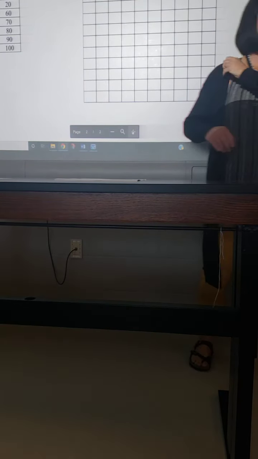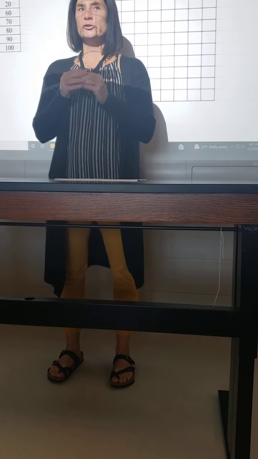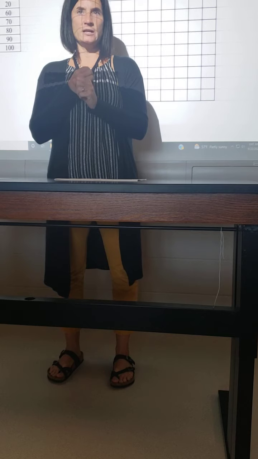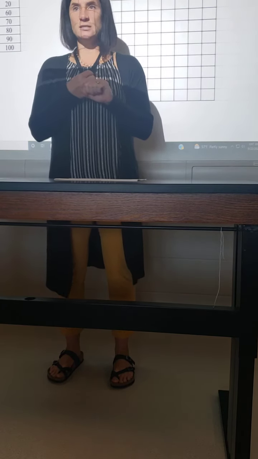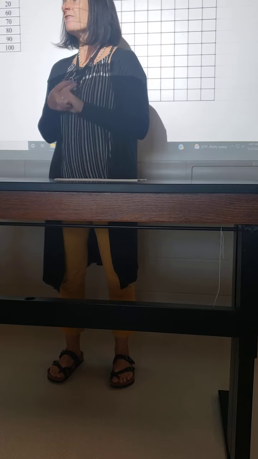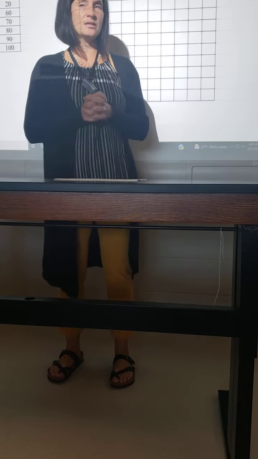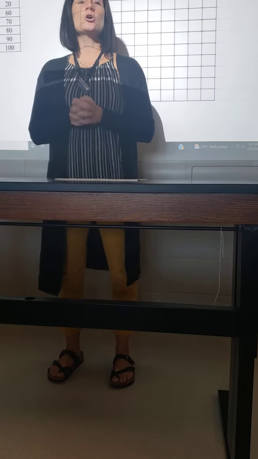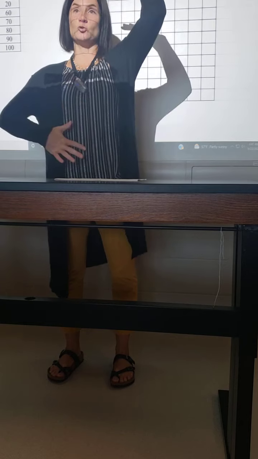You want your numbers to be as small as possible. So if you can go by 1s and fit all your data, go by 1s. If it doesn't fit, try going by 2s. If it doesn't fit all your data, then try going by 5s. If it doesn't fit, try going by 10s. If it doesn't fit, try going by 20s. So you kind of always start with the smallest space, and then that way it makes your graph spread out